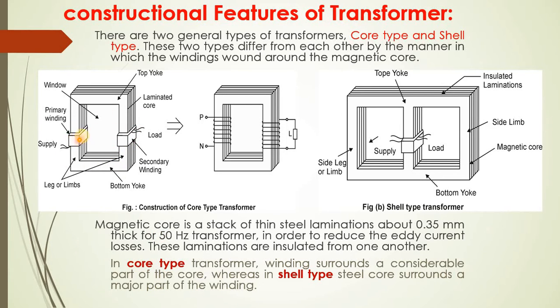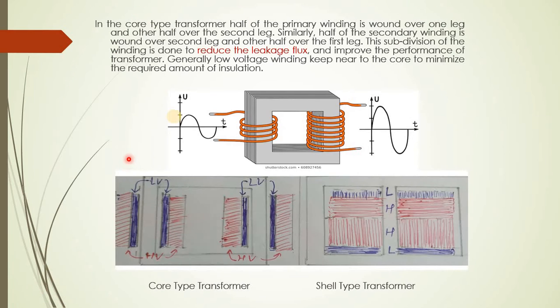Though here the winding is shown like this, this winding is totally placed on these vertical limbs. Okay, so these total limbs are covered with this winding. So you can see here this is the primary winding and this is the secondary winding. Okay, so voltage can be stepped up over here. If we want to step up the voltage, we need to increase the number of turns on the secondary winding.